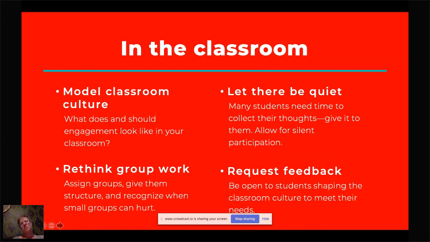First, assign groups. When we make groups, if we let students pick their own groups, students tend to pick people they know or whose ideas they already share. So they cut down the diversity of ideas in their small group. It leaves out students who might not be extroverted enough to grab a group. Also, for example, I have a deaf student in a class right now, and to ask him and his interpreters to choose a group can be a bit awkward. So I just assign groups. That gets around a lot of those issues.